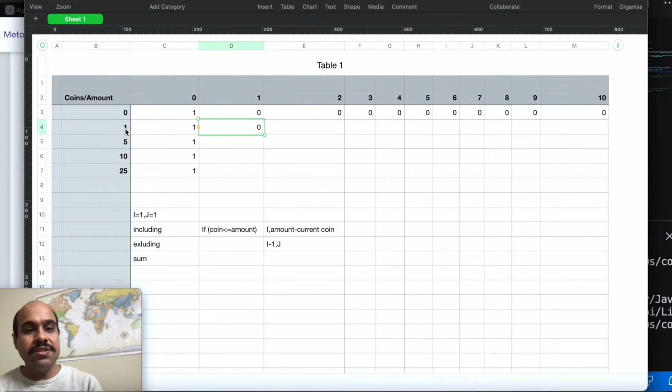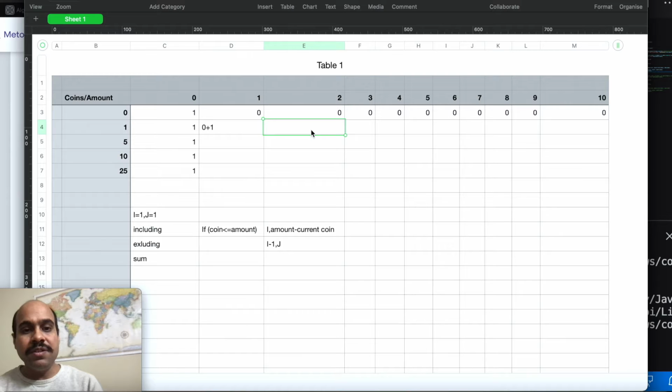So 1 minus 1 is 0, and go to that index. So here the 0th index for this row is this one, and it has value 1. So I will add 0 for exclusion plus 1 for inclusion. And don't worry if you are getting confused, let me solve a few more things, then you will easily understand.